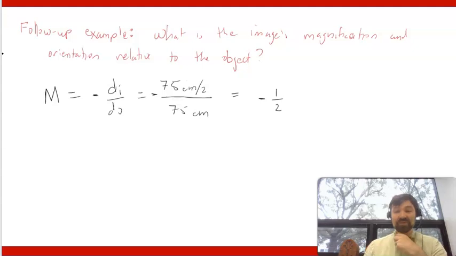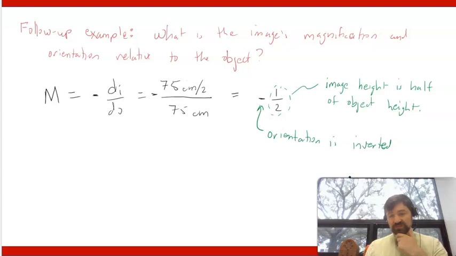That means that the orientation will be inverted. And not only is the image inverted, or in other words, upside down compared to the object, but its height is half as much as the height of the object. And that